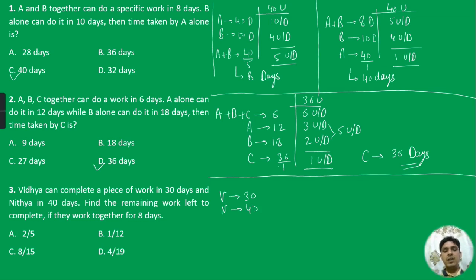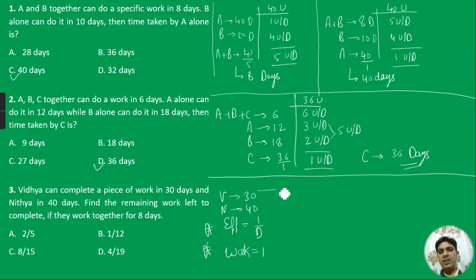Right? So students, for this question there are two concepts that we need to understand first. First thing is efficiency, that we call as 1 day work. Efficiency is the reciprocal of number of days, right? And the second thing is work is always one. So how will the question be done?